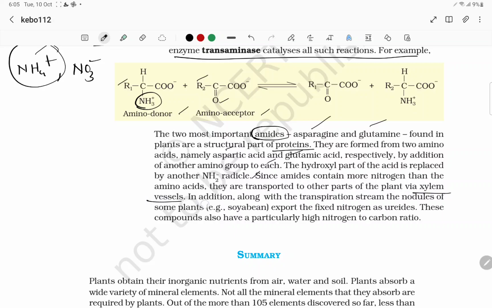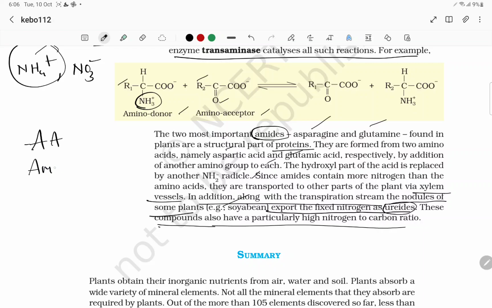So in addition, along with the transpiration stream, the nodules of some plants like soybean export the fixed nitrogen as ureides. These compounds also have a particularly high nitrogen to carbon ratio. So normally asparagine and glutamine are the amides. So what is the difference between amino acids, amides